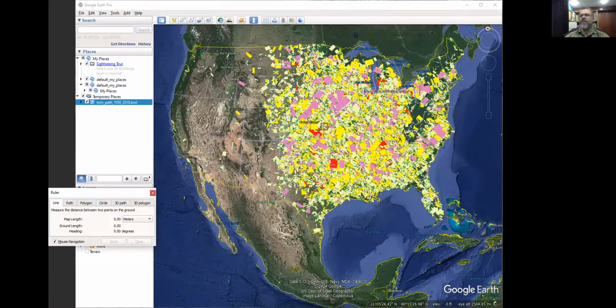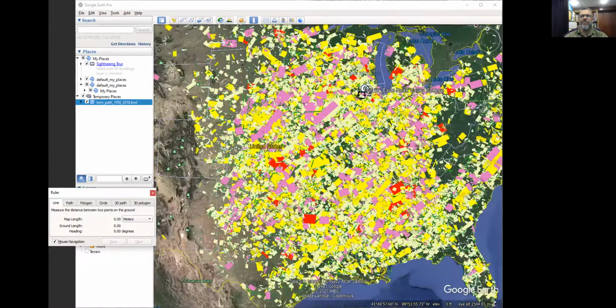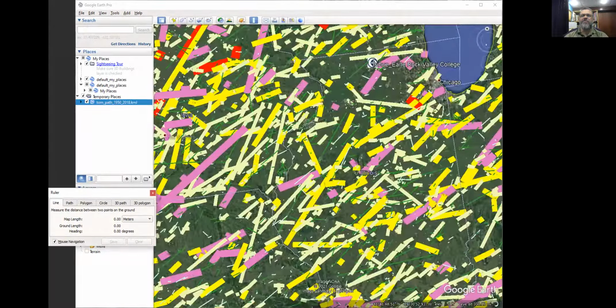These are all the individual tornado tracks that have been recorded from 1950 to 2018. So the new ones will not be on there. It usually takes them 2 to 3 years to publish new updates on this, and I don't have a big data set for anything newer than 2018. Okay, this looks crazy and convoluted, but as you zoom in here, you will see that the individual tornado tracks